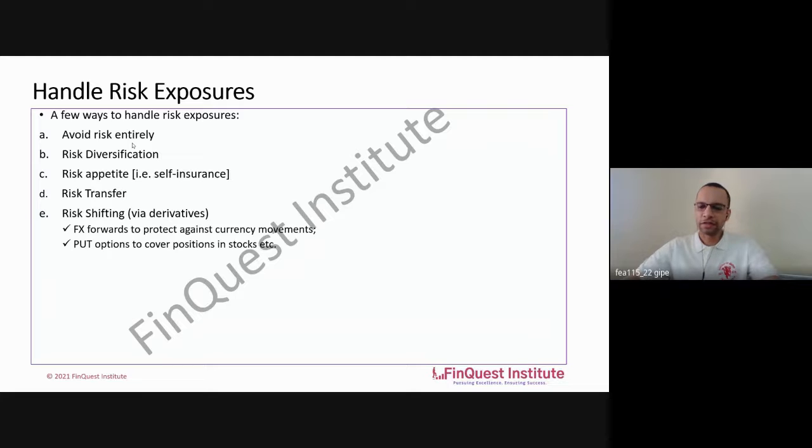Then risk diversification. When I say diversification, you have to mix up your portfolio in such a way that you're able to diversify away the risk as much as possible. Again, something which we study as a part of fund management as well. We always say that your portfolio has to be diversified or well diversified. When I say I have a diversified position, what exactly do I mean? Anyone? What is that one item which will help me explain diversification quickly?